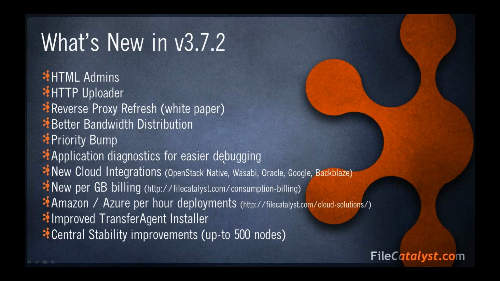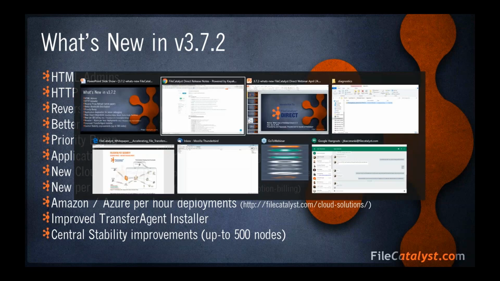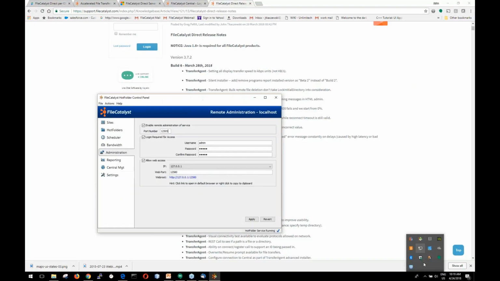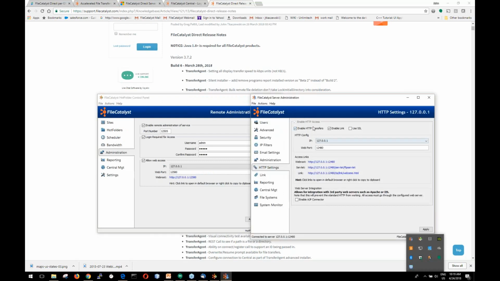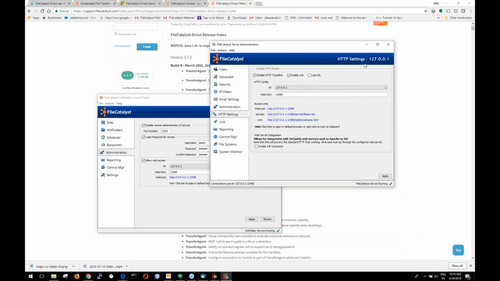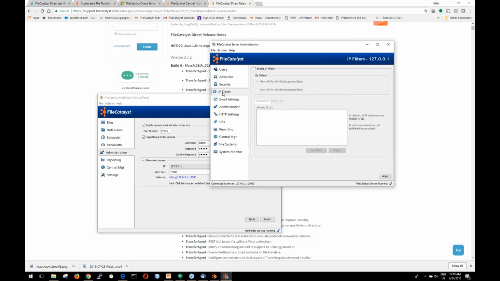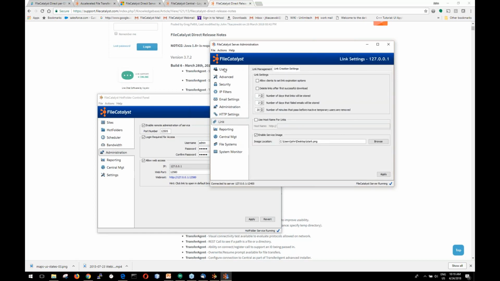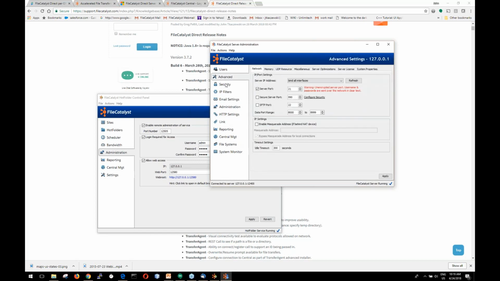So here are some of the broad strokes. What we're doing is HTML admins. In the past, every FileCatalyst application, like a hot folder or a server, was running in what we call a Java Swing GUI. So it was all Java Swing. It was a Java desktop application. It was very hard to maintain, and we still have it in 3.7.2. We haven't stopped it yet, but everything is running in this type of look and feel, as you can see